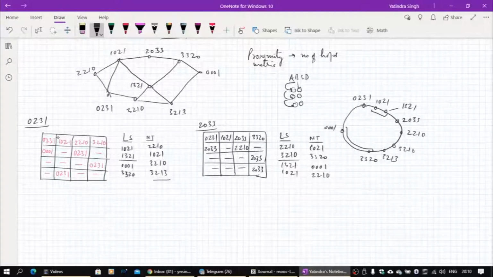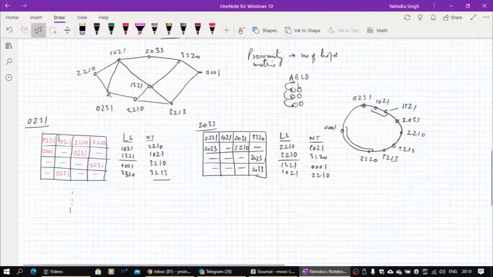So doing it this way, other tables also can be done. So I am not doing them here. What I will do is I will now assume that routing tables are there, and I will add to them. Whenever it is required, I will compute that node's corresponding routing table. I need not, because all routing tables are not going to participate when I am trying to add a new node. So whichever will be required, we will just populate that and use that. Similarly, we have neighbor tables and then leaf sets. So we will also consider that.